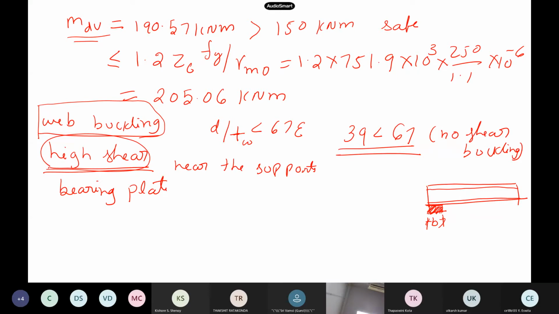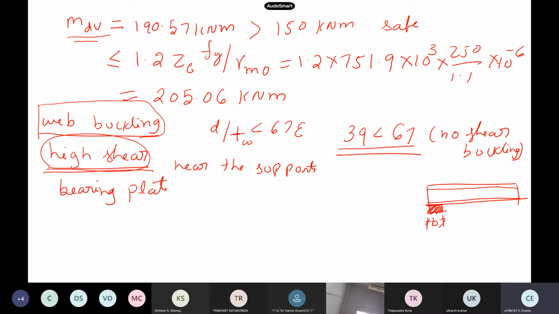See that formula, it depends on the area. That is B times the thickness, whatever you have. So if B is more, what happens to the buckling strength? It increases. So if it doesn't pass, you can increase the bearing length of the beam itself. Generally, what is the width of the bearing plates we take in practice? Last class I told you the guideline, the thumb rule we use. How much should you take?